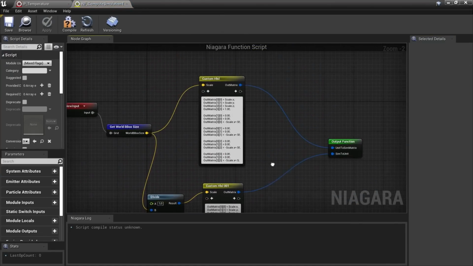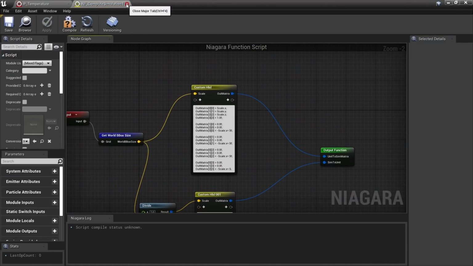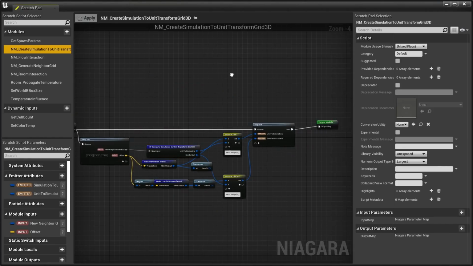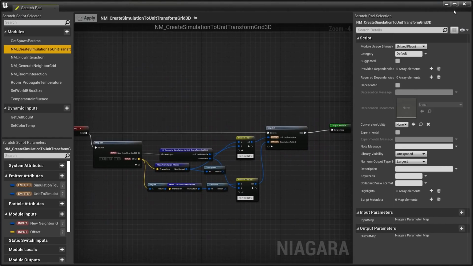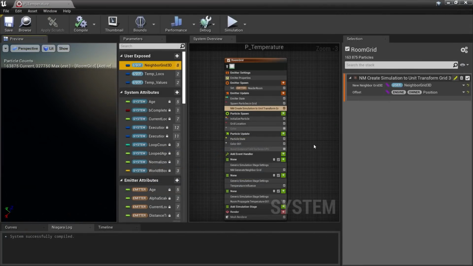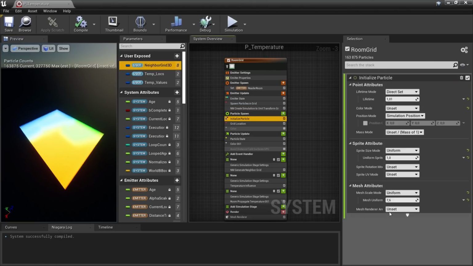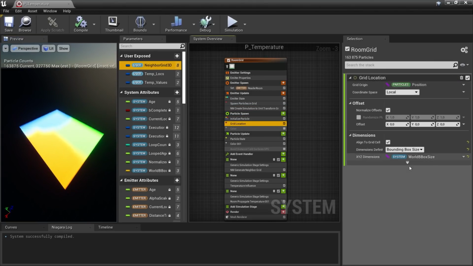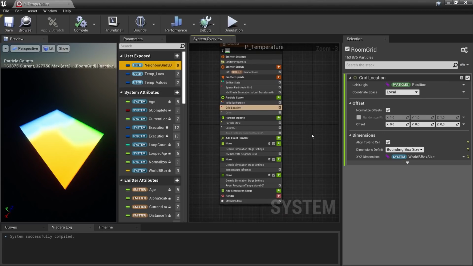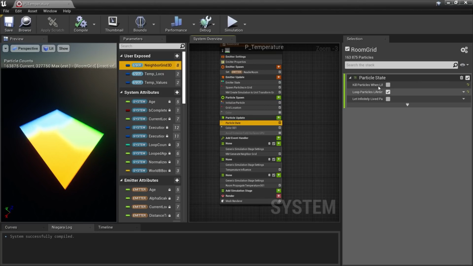All of these custom functions, I grabbed them from the Niagara Advanced Content examples. I don't think I changed anything. We're not going into them in depth today, but they are available for you if you want to get them from there. And then it spawns the particles. It sets a scale, spawns them in a grid, and once the particles are spawned, the particle update triggers every tick that the particle system updates. Here we unchecked it so it doesn't kill the particles when the lifetime has elapsed, so they stay alive for the duration of the system.